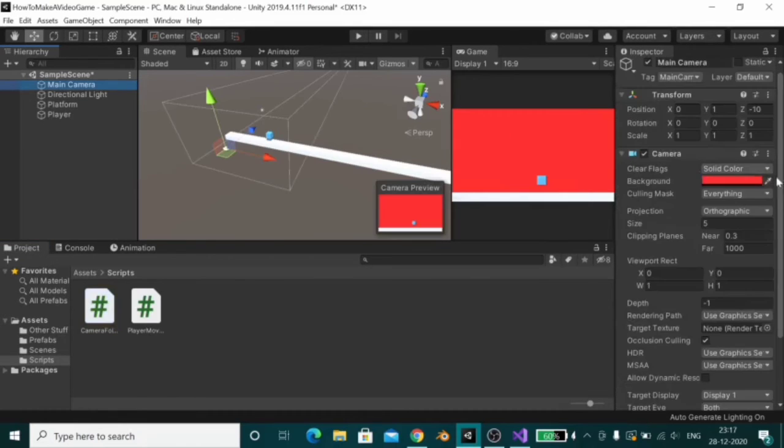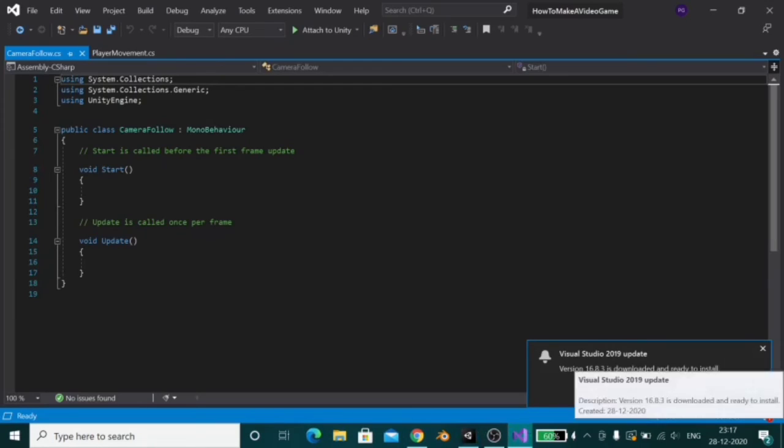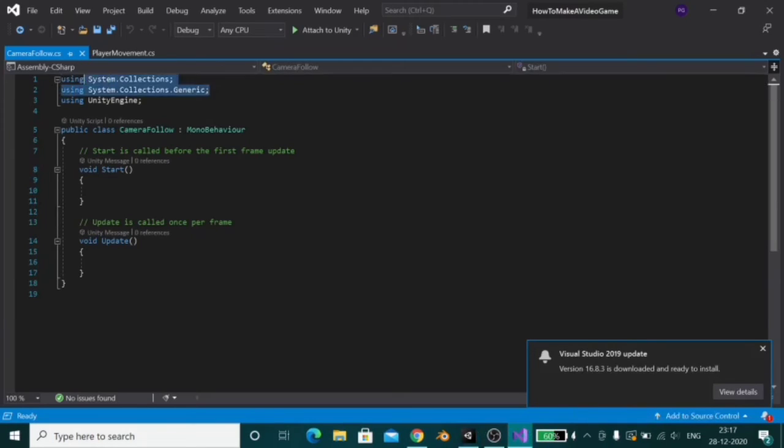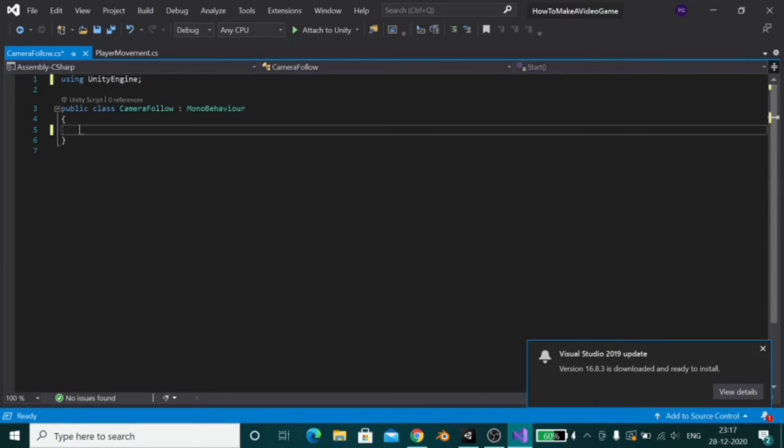So now if you go into the main camera and see the inspector, you can see that we have the script. Let's open it up in Visual Studio as default, delete the first two using statements, and also delete these two functions because we are not going to need them in CameraFollow. So we are going to make three